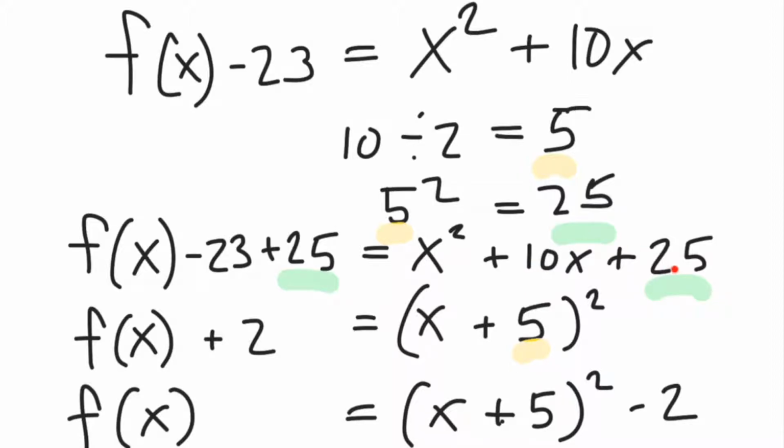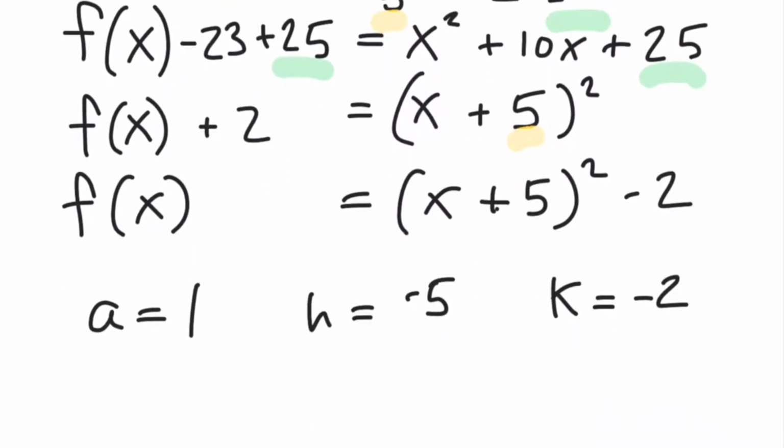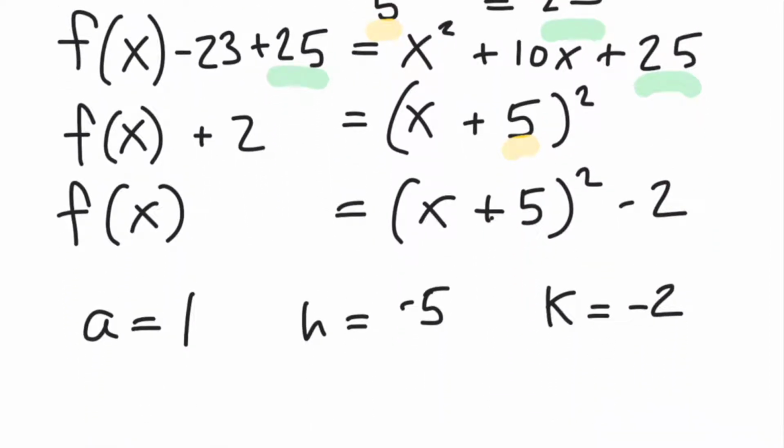Now, because we've chosen 25, it works as a perfect square. And you can even check it, too, if you wanted to. You could check it by foiling this out. X plus 5 times x plus 5, you get 10x, you get 25. Over here, we can simplify minus 23 and plus 25 down to plus 2. And then bring it over to the other side by subtracting 2 from both sides. Now, because we've done this fancy footwork, and it's a sequence that you're just going to do over and over again tomorrow for the assignment,